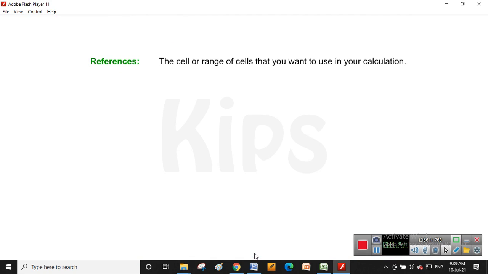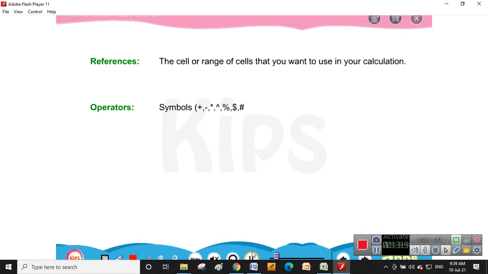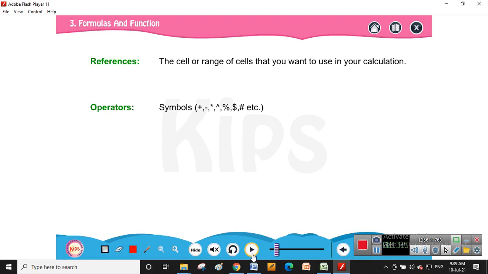So 3 weekly tests का A1 में एक रखा, B1 में एक रखा, C1 cell में एक रखा. तो उसका range क्या होगा? A1 से लेकर C1. So that is the cell or range of cells that you want to use for your calculations. Okay, that is called references. Operators are the symbols, that is arithmetic operators like plus, minus, multiplication, power, modulus, which gives the remainder, dollar, hash symbol, etc.